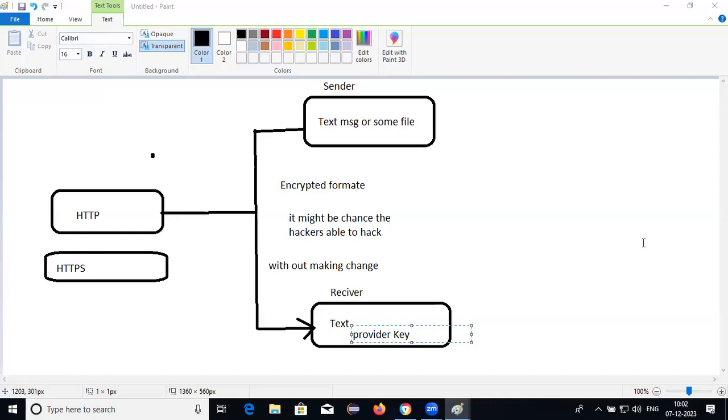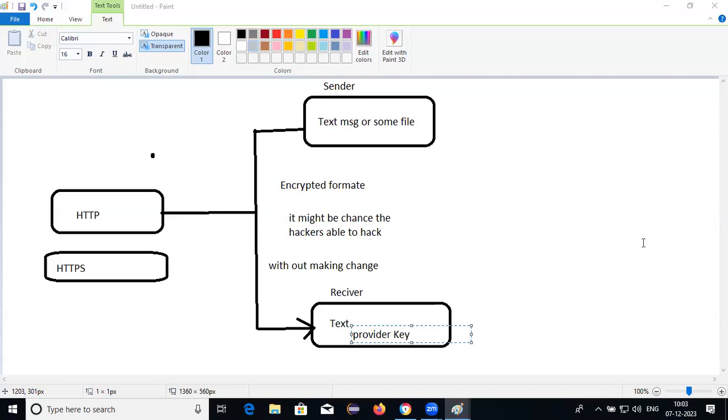Write down: if you want to send a file or text to any specific person through the HTTP protocol,